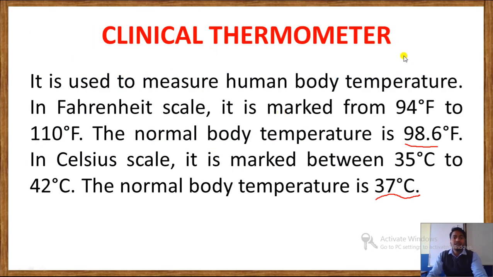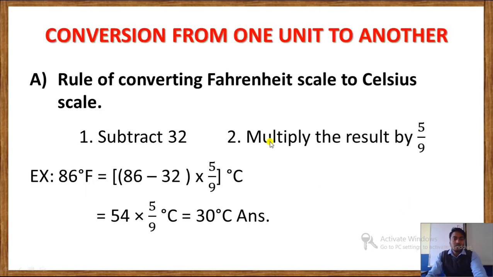then we had seen the clinical thermometer. It is used to measure human body temperature. It is marked from 94 degrees Fahrenheit to 100 degrees Fahrenheit in the Fahrenheit scale. Okay, and the normal body temperature is 98.6 degrees Fahrenheit. In the Celsius scale it is marked between 35 degrees Celsius to 42 degrees Celsius, and the normal body temperature is 37 degrees Celsius. Okay,